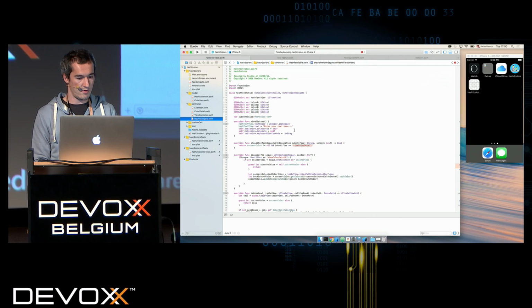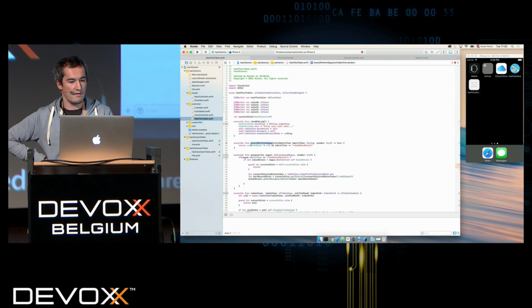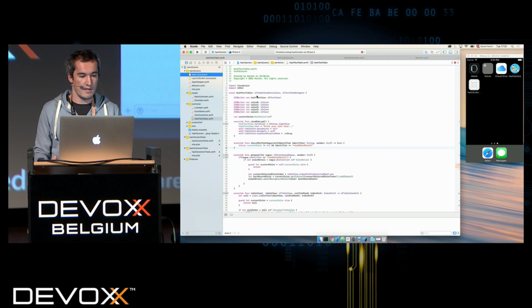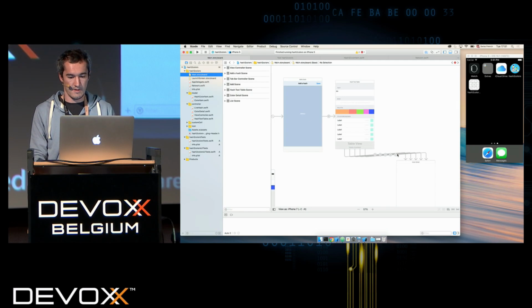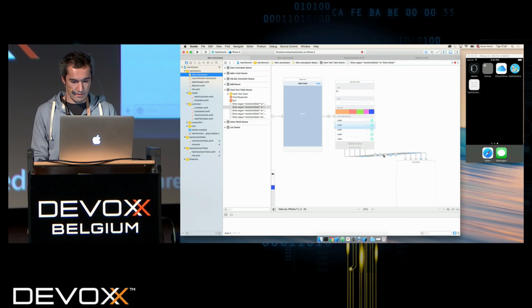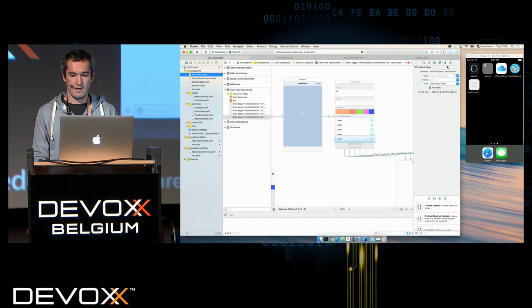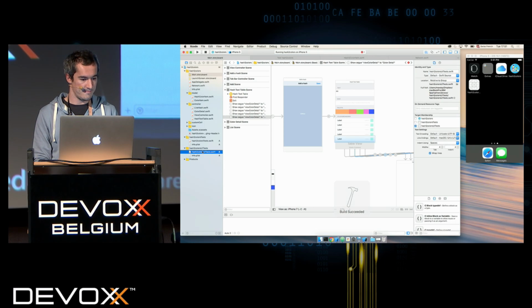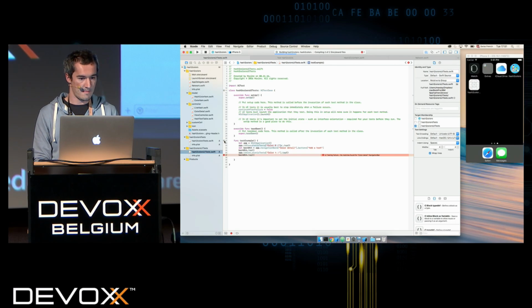In my hash table, should perform segue. It will perform the segue if the current color is not nil and if the identifier is view color detail. So I may have an idea of what happened. Let's go to the storyboard. So this is the transition name. Let's see. Oh, okay. It's not view color detail. It has some junk after. So let's fix it and save. And if we rerun the test,